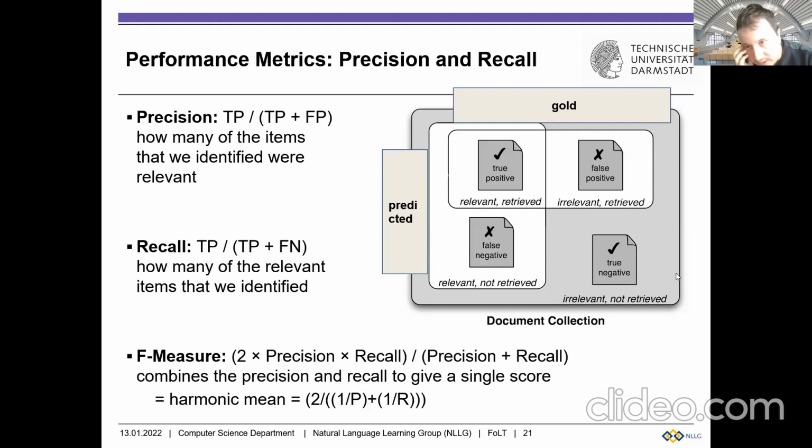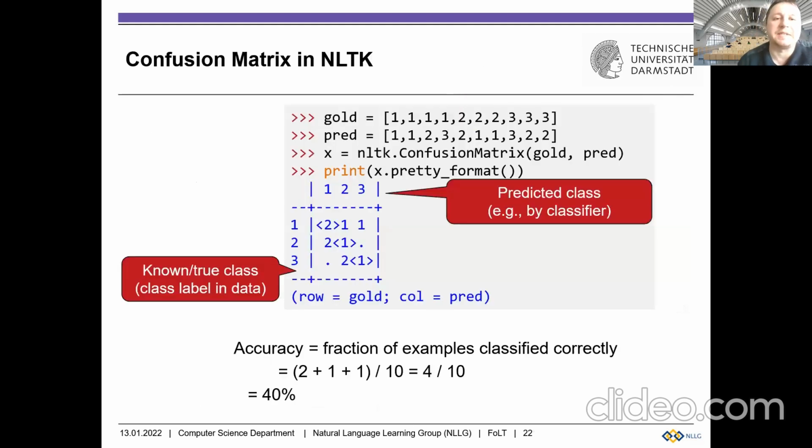So in the search engine community, this case here is not so interesting because we're mostly looking at the documents that the search engine actually retrieves, not the documents that the search engine does not retrieve and are also irrelevant, right? Those cases are the majority anyway, so they're not so interested in this setting.